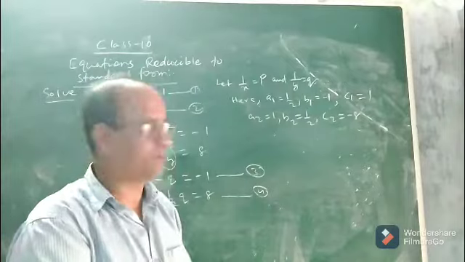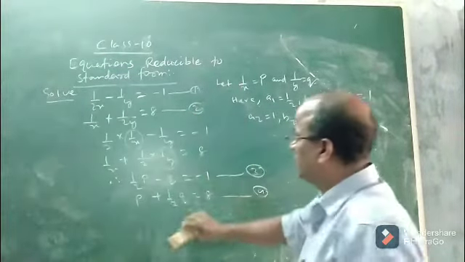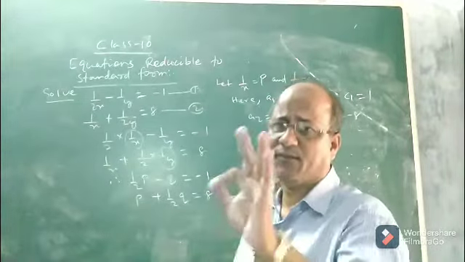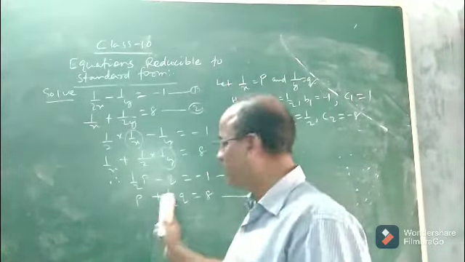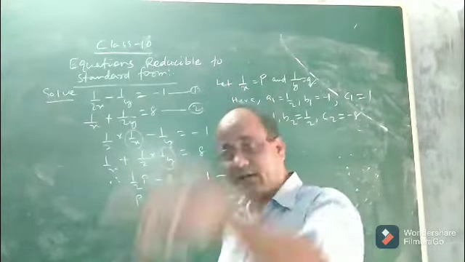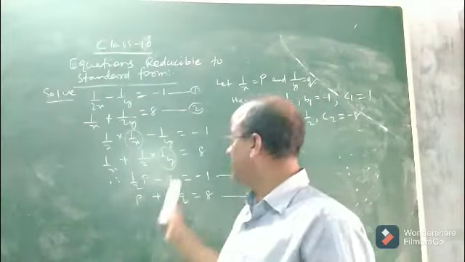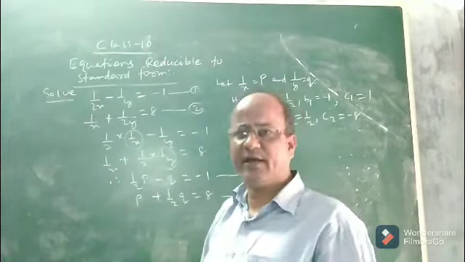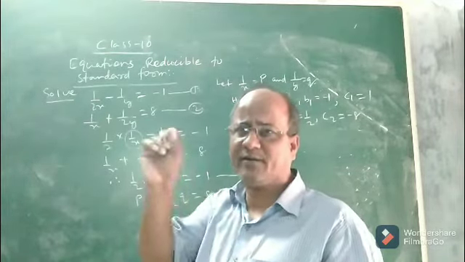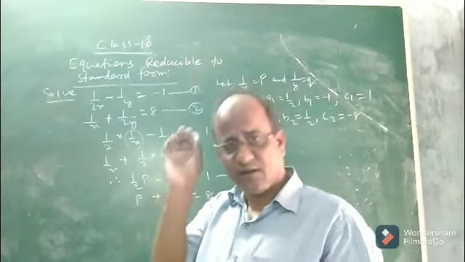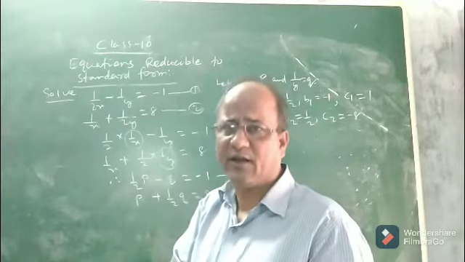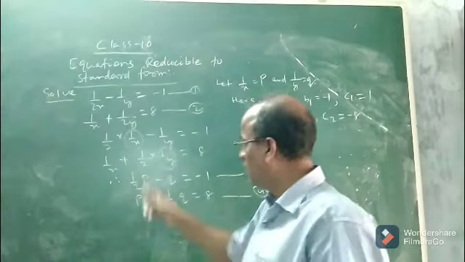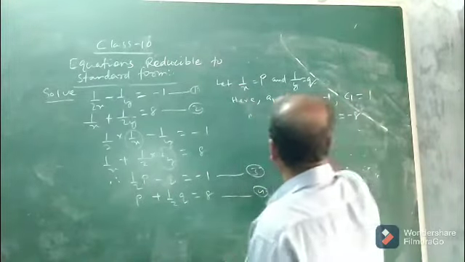Okay. So now let us solve. And I think you understood how to reduce a pair of linear equations in two variables into standard form if they are not in the standard form. By this method, by supposing p equal to 1 by x, q equal to 1 by y. Okay, it depends upon your understanding, it depends upon your logic. Okay, it depends upon your critical thinking. How will you reduce? By assuming p equal to 1 by x, q equal to 1 by y. Okay, now let us solve this.